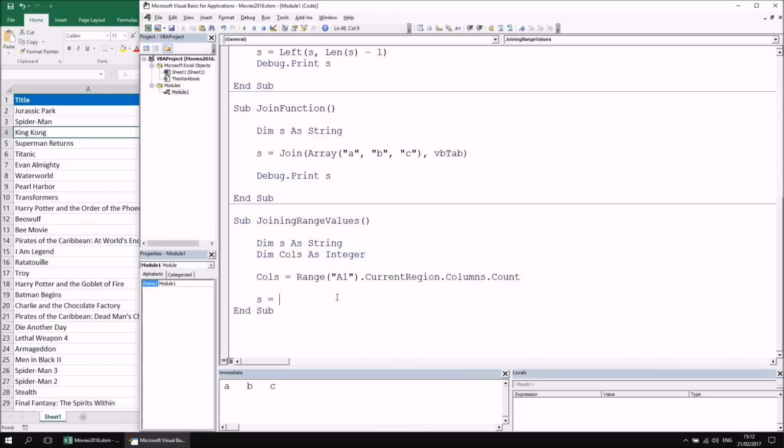So if I say s equals, then I'm going to say join, and then rather than referring to the array formulae, what I'm going to do here is say active cell dot resize, beg your pardon, let's try that again, active cell dot resize, just as we did earlier on, a row size of 1 and a column size of cols. If I then try to delimit that, let's say with a VB tab character again,